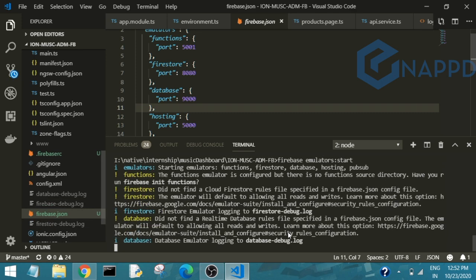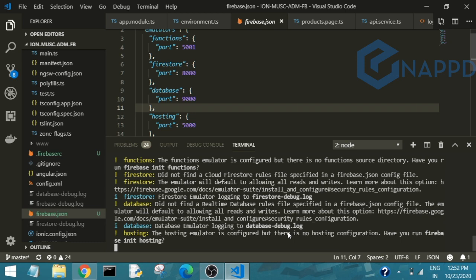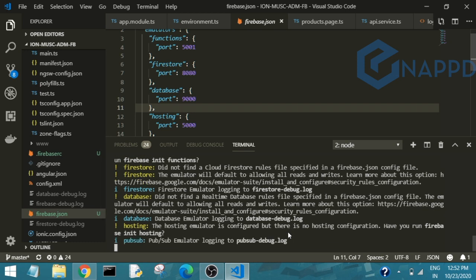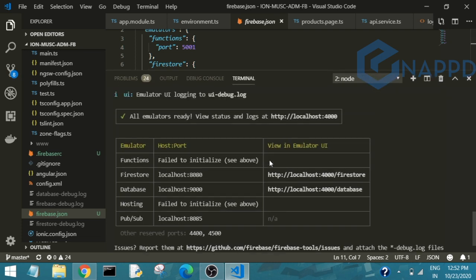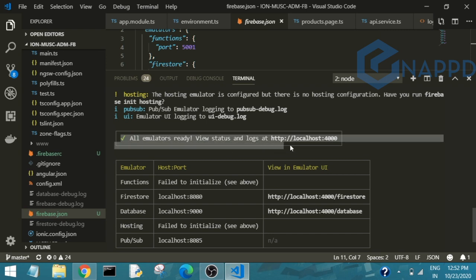You can visit the emulator by checking the port number on which you started its server. So here is all the information which we got, and you can say all emulators are ready and you can check it out on localhost:4000. This was the port you have already given.